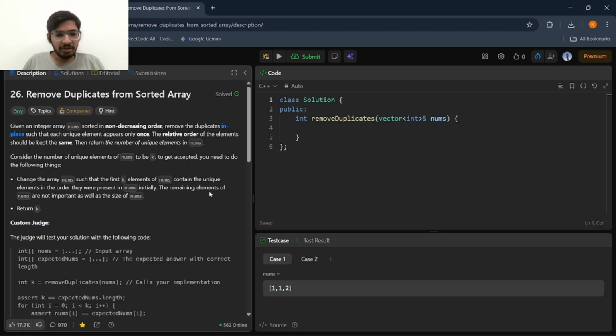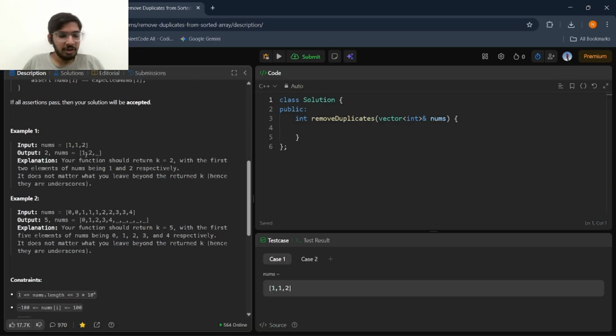The remaining elements of nums are not important, as well as the size of nums. Example 1: nums is 1, 1, 2. Output is 2, nums value 1, 2. Your function should return k equals 2, with the first two elements of nums being 1 and 2.